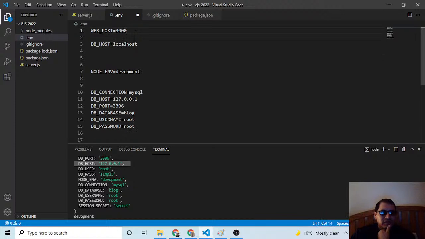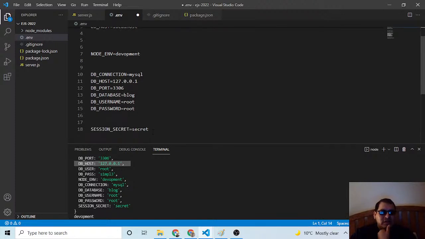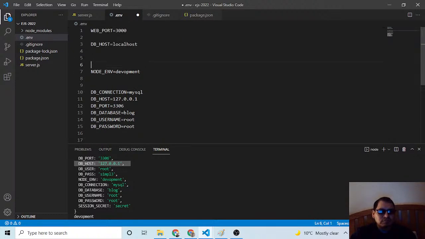Now I'm going to need this at some point, the session secret. At some point I'm going to use it. And this is the node environment variable. It can either be development or production.